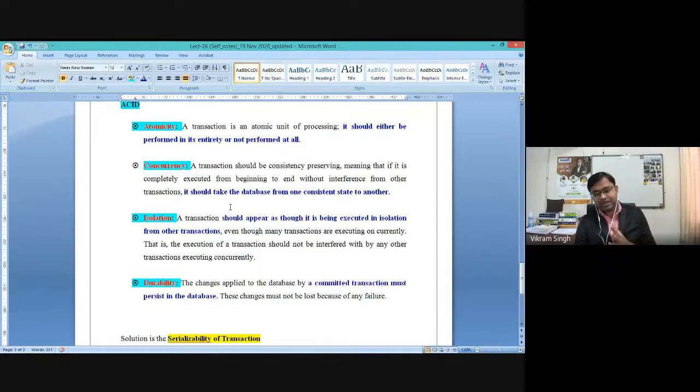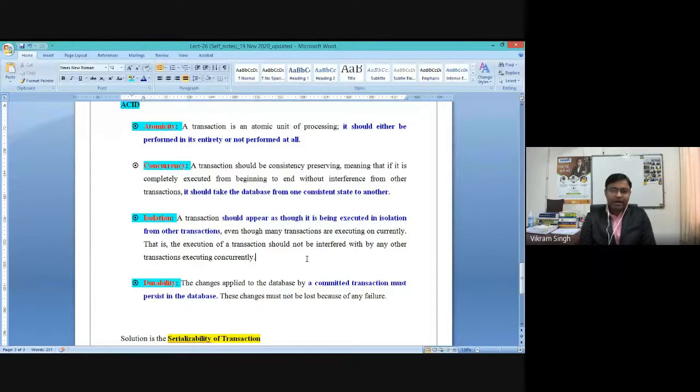And if a transaction is failing due to some reasons, all that information, all those details, all those system logs also should be kept in one single space, right? You cannot lose any change, you cannot lose any update on the transaction, based on which you can recover the transaction, right, if any transaction is failing. So basically these four properties need to be satisfied, and we cannot have a fifth property.